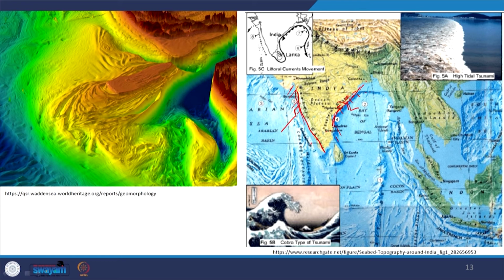So, the rate of geomorphic changes along the east coast will be more as compared to the west coast. Okay. Similarly, that is why there are different agents and different processes, as discussed here. All those factors combinedly decide what geomorphic processes and what geomorphic landforms will be produced along these coastal plains.